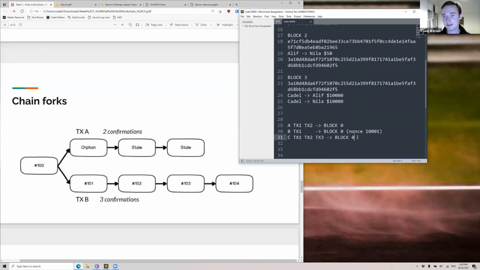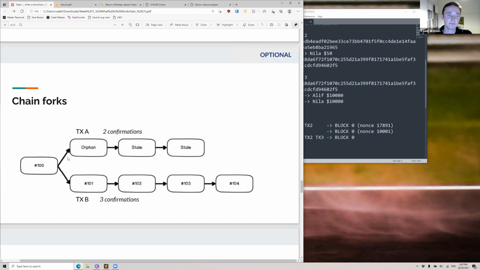Now, you probably have noticed this, but there's still kind of an issue here. And that is that, say, A and B both find the nonce at pretty much the same time. So A also works out a nonce for their block, which is that. And A starts sending out its block as well, because it's got a valid block. B sent out its valid block, even though they're different. And about half the network has worked out A, half of the network has received B, and we end up